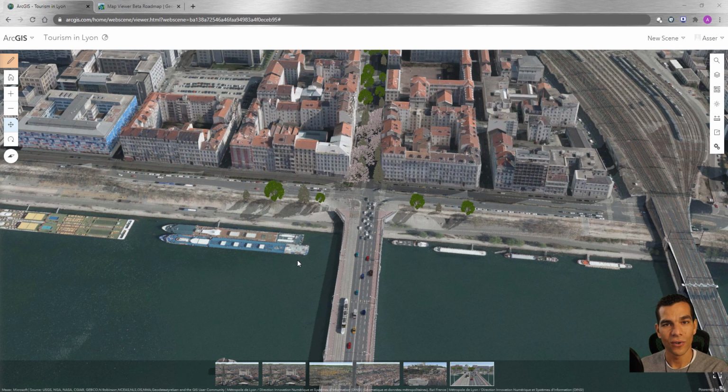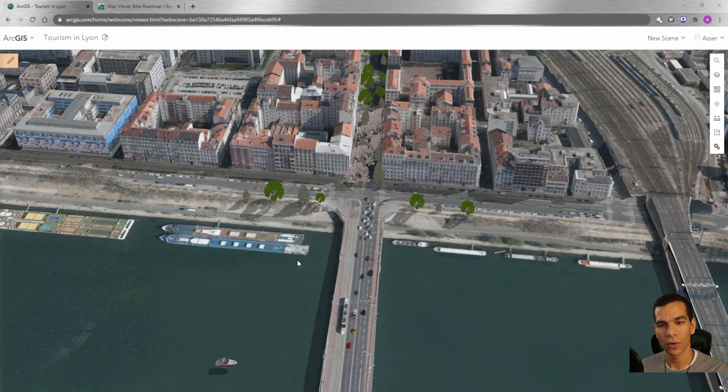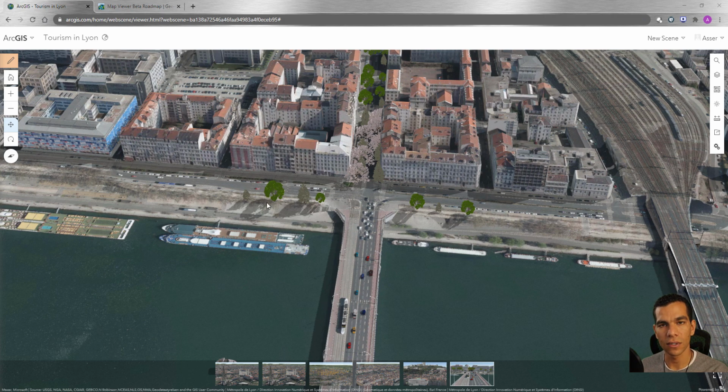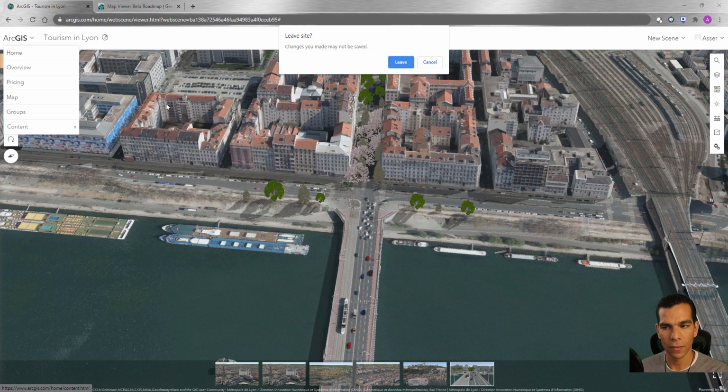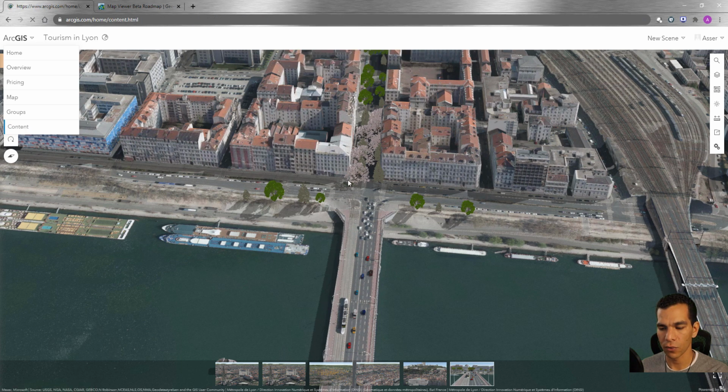Hello guys, so as you saw in the previous video, we saw an existing map from ArcGIS Online. Right now we want to create our new scene. The way to create a new scene is to open a new scene but don't select any existing maps. So if I go back to the content and say leave here because I don't want to save any